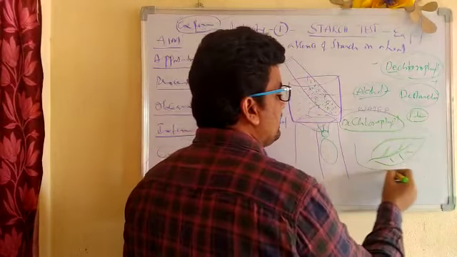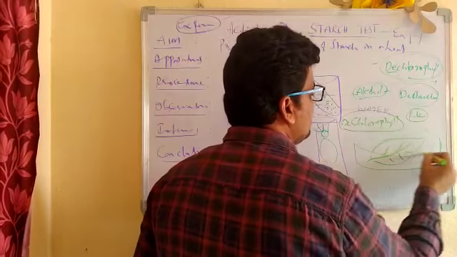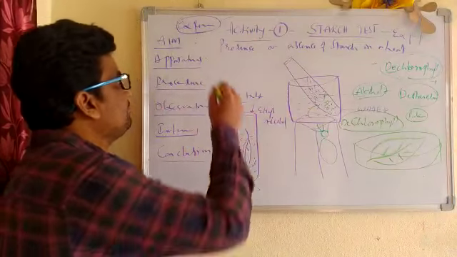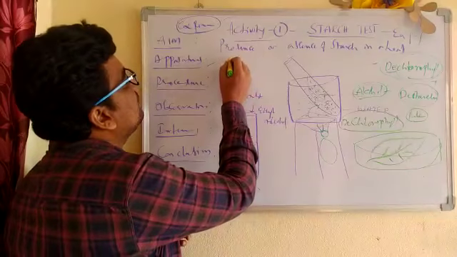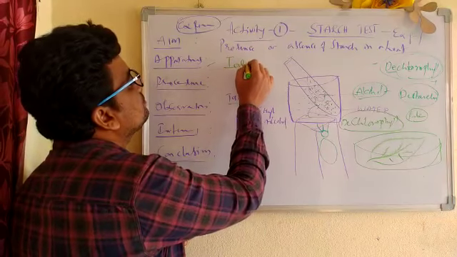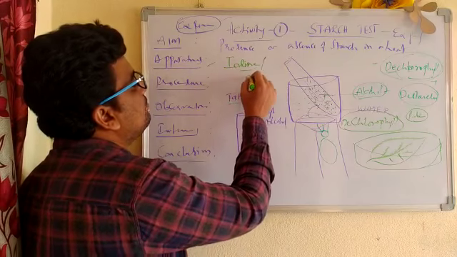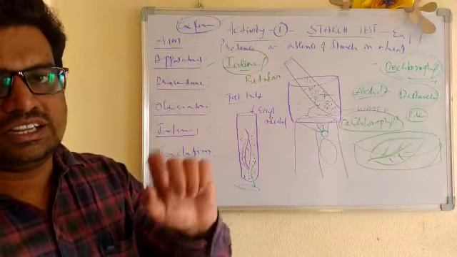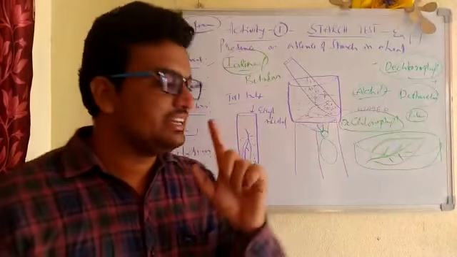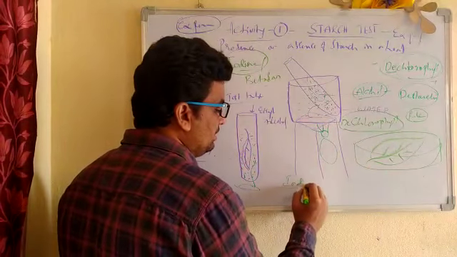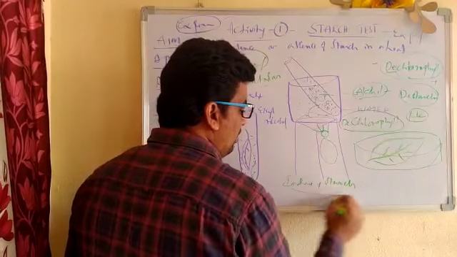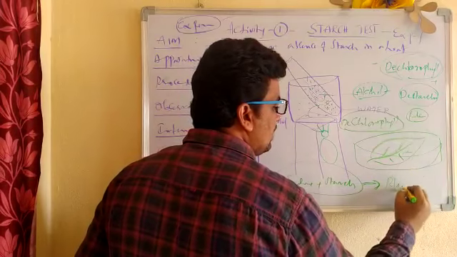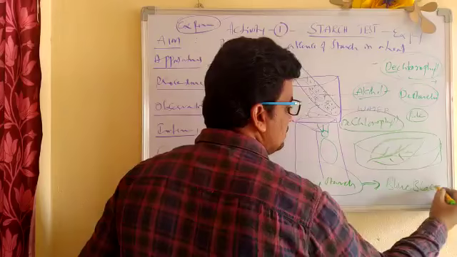Now collect it in a petri dish. What is it called, children? Petri dish. Now the very important chemical I am telling you, you have to write even in the apparatus, that is iodine. Iodine or betadine. Generally we use iodine. The iodine solution reacts with starch and gives which color, children? Iodine plus starch forms a complex. That complex gives a color blue black, meaning dark blue. Blue black means what? Dark blue.